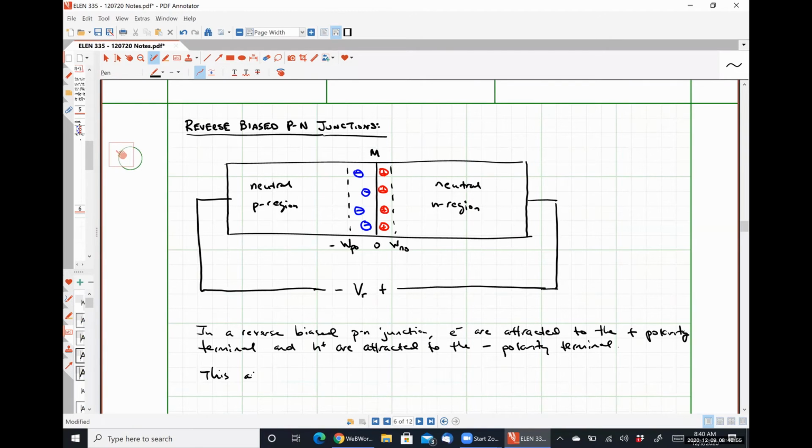This attraction causes the space charge layer to increase in width